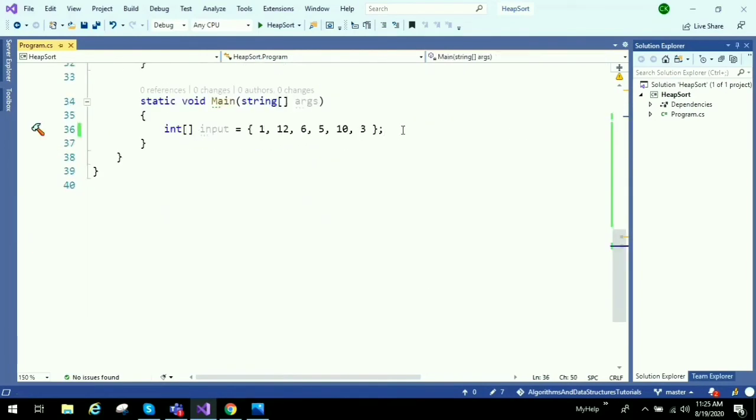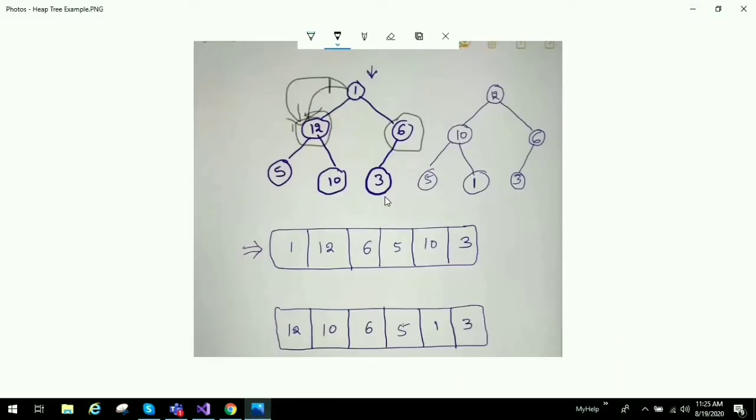In the heapify method we need to apply heapify from last element till root node. So that's what I am doing.